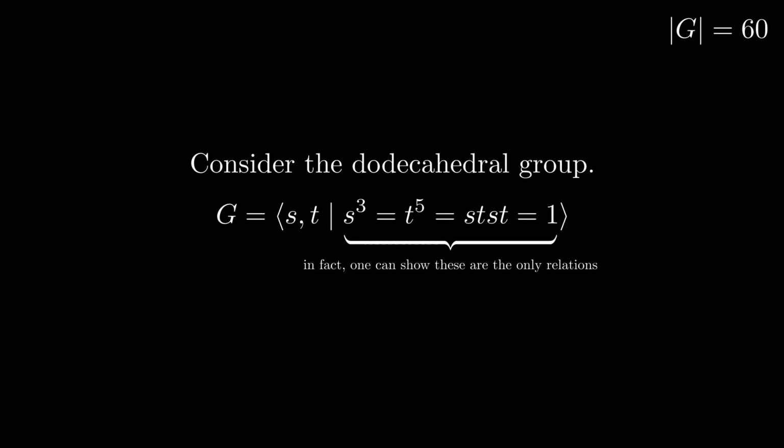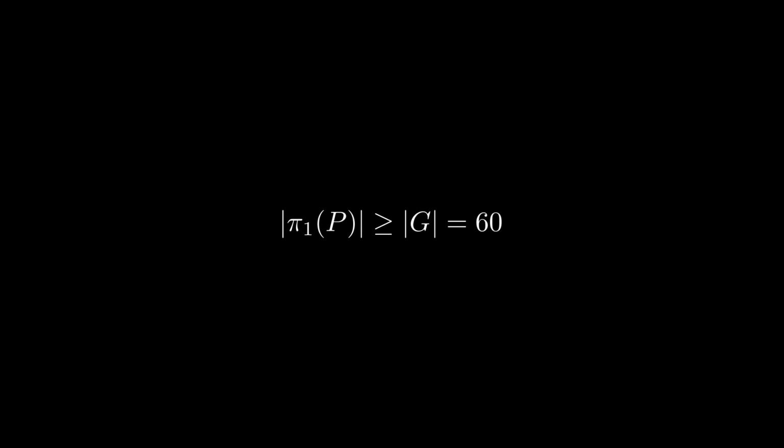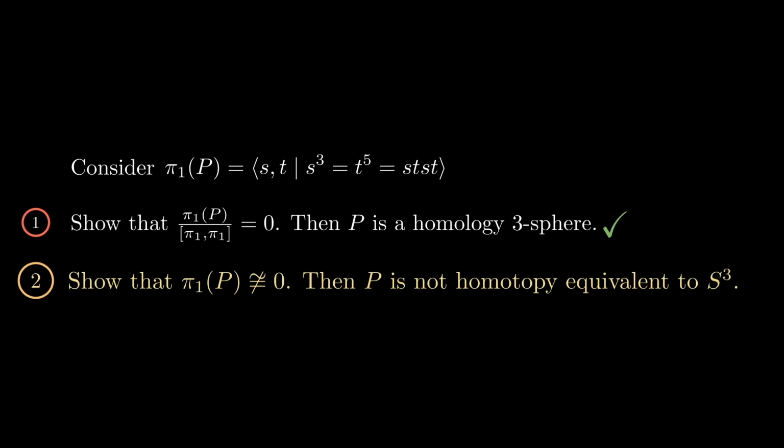and in fact it is possible to show that these are the only relations in G. Consider the map from the fundamental group of P into G that sends S to S and T to T. Since every relation in the source is also a relation in the target, this map is a well-defined group homomorphism. And since we map to all the generators in the target, this map is surjective. So by the earlier arguments, the cardinality of the fundamental group of P is greater than 60. Hence we've shown that the fundamental group of P is non-trivial, and we can conclude that P is not homotopy